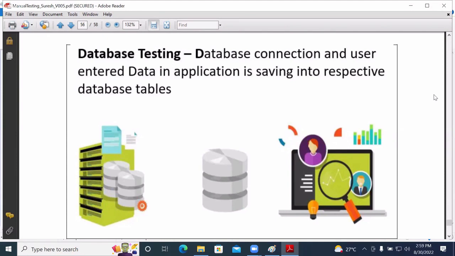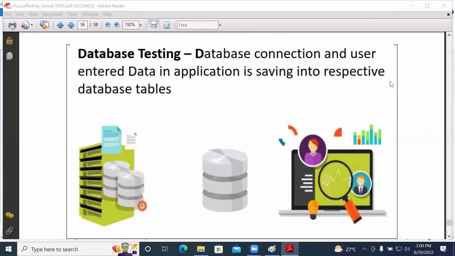What is the expected result? An email should be received from the admin team with login details. Once you provide all your information, all that information needs to be saved in the proper database table.